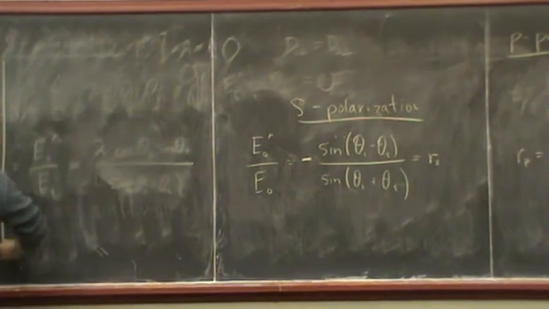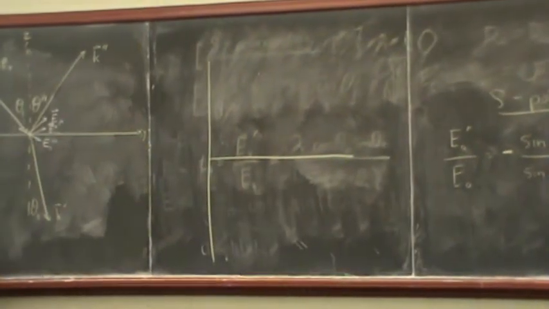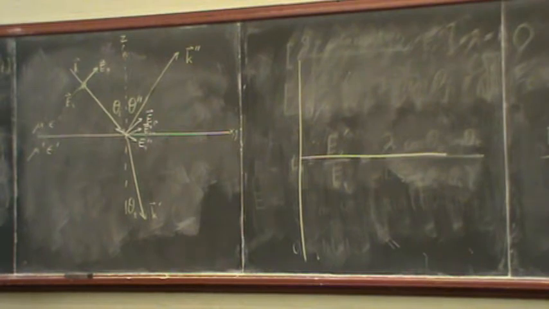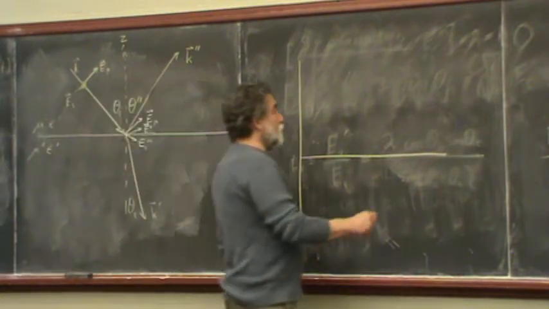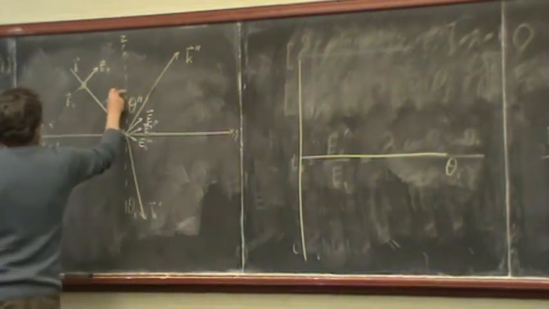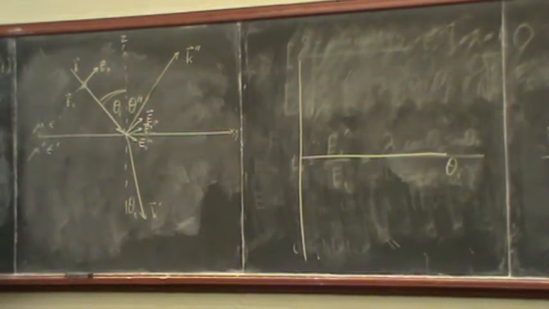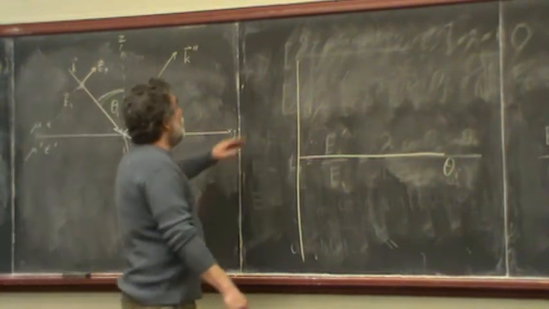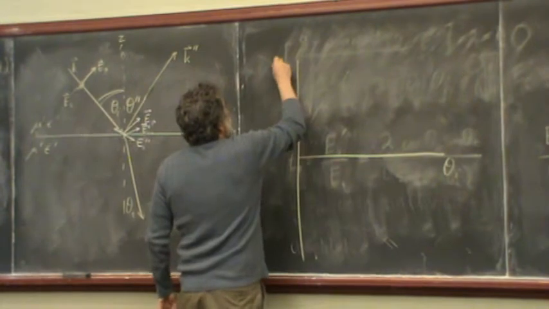So now we can make a plot of the ratio of the amplitudes of the reflected wave, the actual coefficients, as a function of angle from the normal. So we're always measuring the angle with respect to the normal of the incident material. Right. So these are the